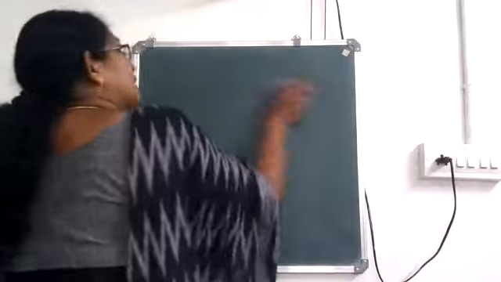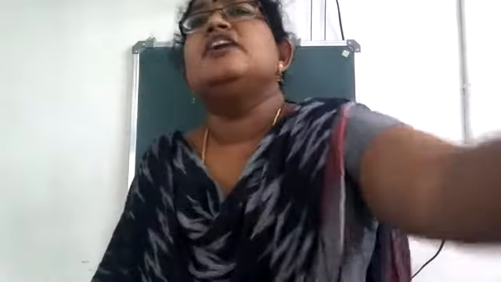Then the next one is our eye lens. Our eye has a convex lens, and that is the reason why a real and inverted image is formed on our retina. So the eye lens is convex. Another most important use of a lens is in the form of a spectacle. I think you have learned about short-sightedness and long-sightedness, isn't it? What is short-sightedness or myopia? If a person can see things close to his eye, but he can't see things far away, then you can call it short-sightedness or myopia. Okay?